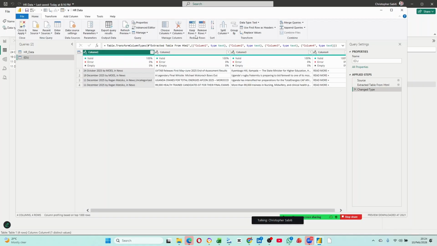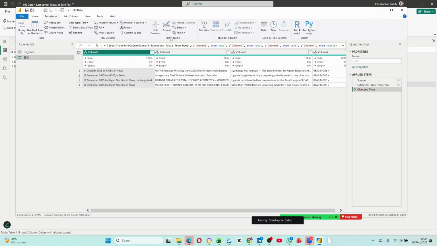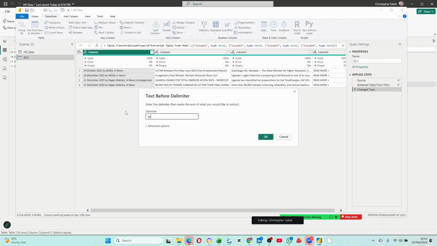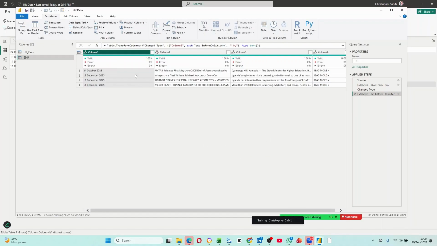You can click here and say extract. Under transform, there is extract here. Now extract gives you a range of options, but I see everything has buy. So I may say extract anything before buy. So here you come to text before delimiter, then you say I'm extracting everything before space, then buy. Then if I say OK, you see it has extracted and removed the others. I've remained with